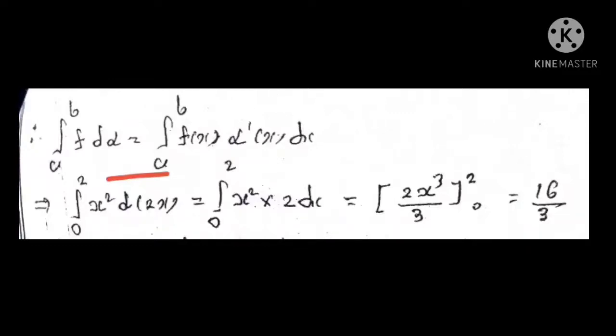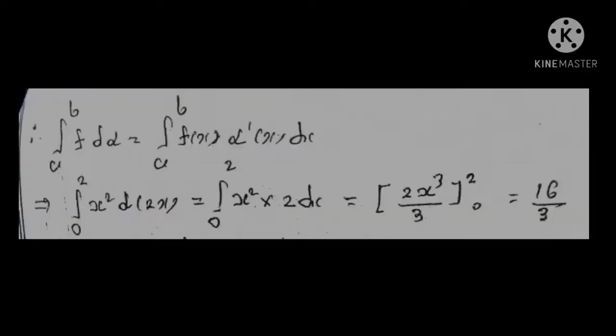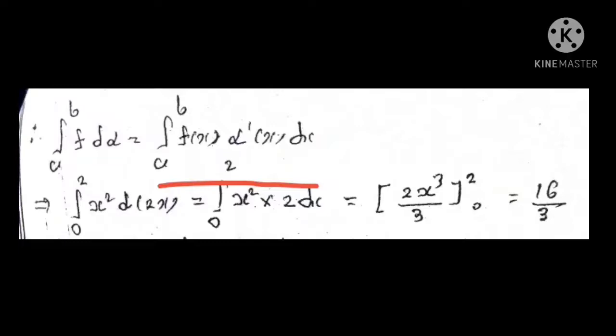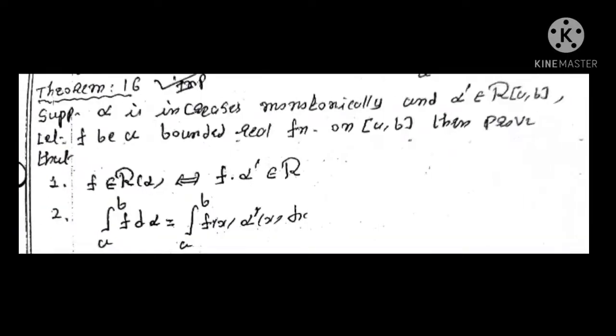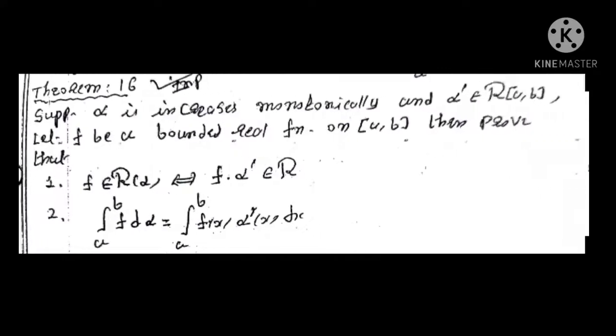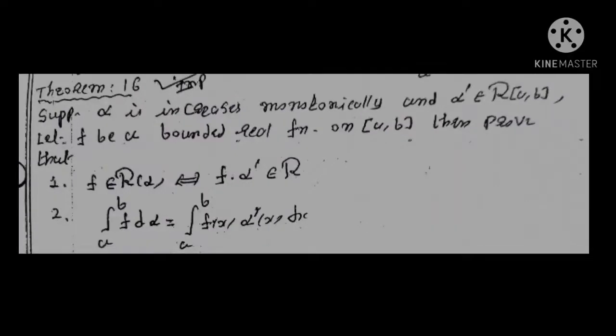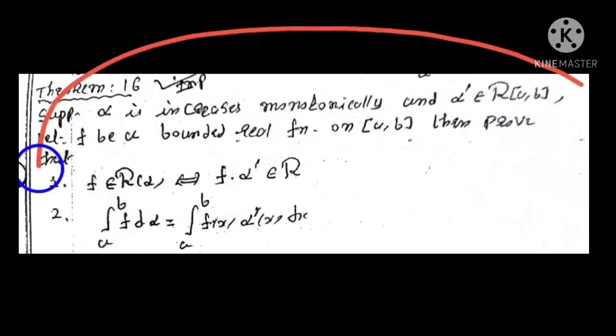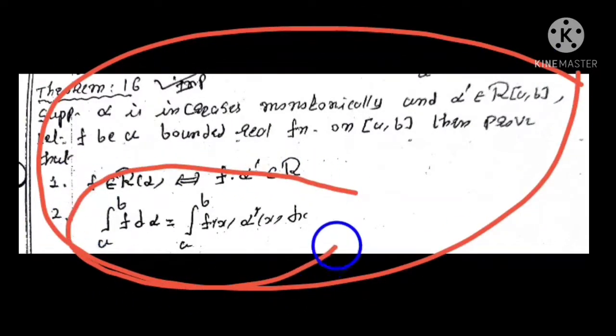Therefore, RS integral of f with respect to alpha on closed interval [a, b] is equal to integration a to b f(x) alpha dash x dx. Because of this theorem,